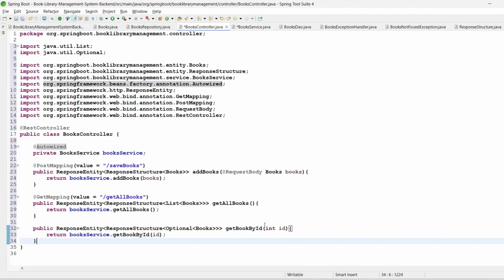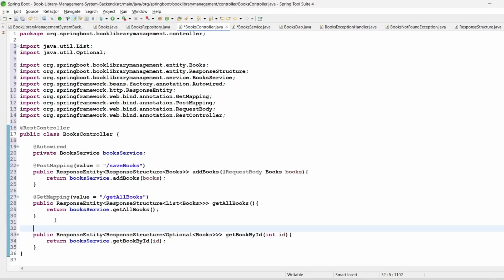So get by ID here now. ID is a path variable. Okay, you have to write the path. So let's take @GetMapping. This is also the get mapping because we are just getting by the ID. Get mapping value